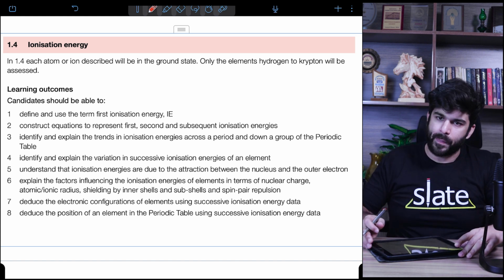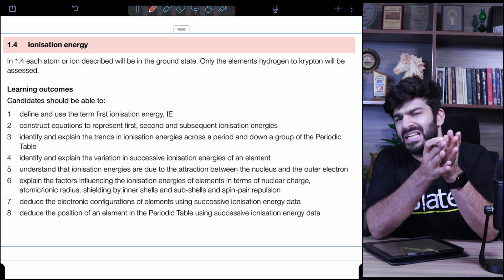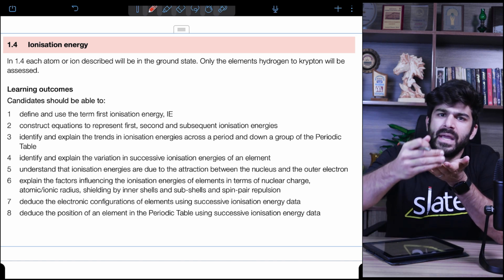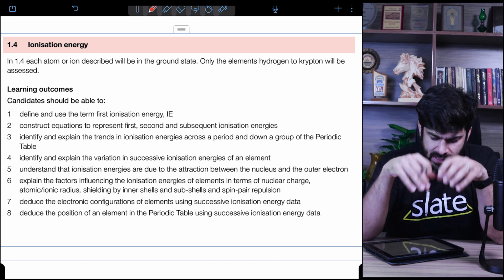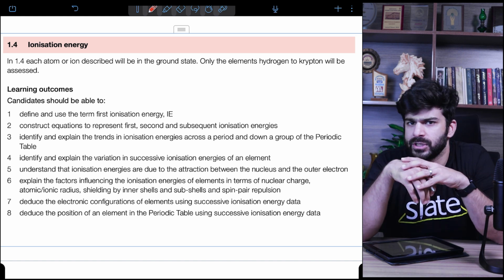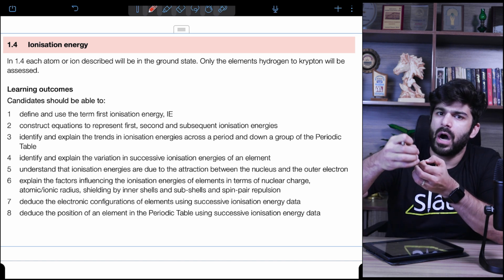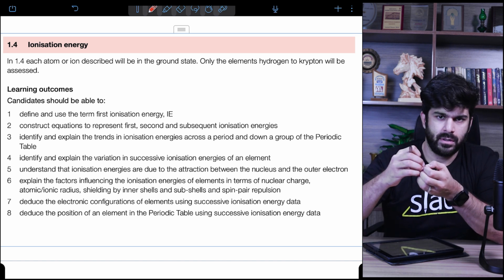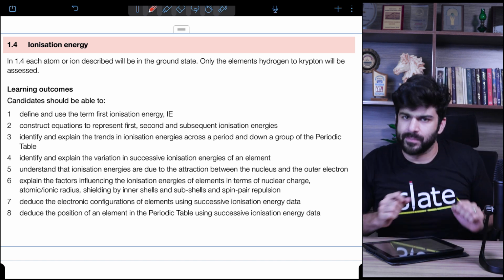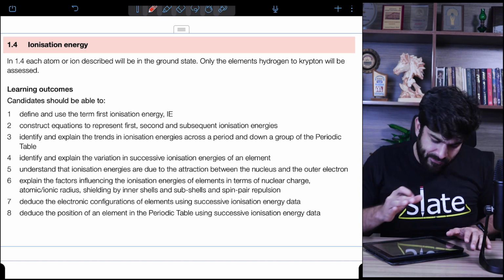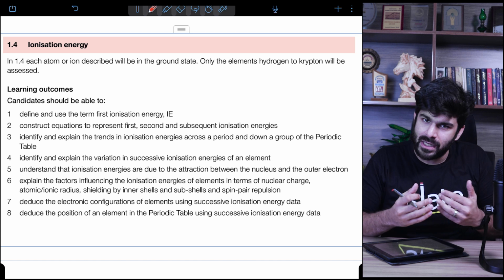This is a very important topic. As the name indicates, ionization energy, making ions. That's what we know about ionization energy. We will study how ions are formed from an atom. So at first, these are the learning outcomes that we need to cater to while studying this